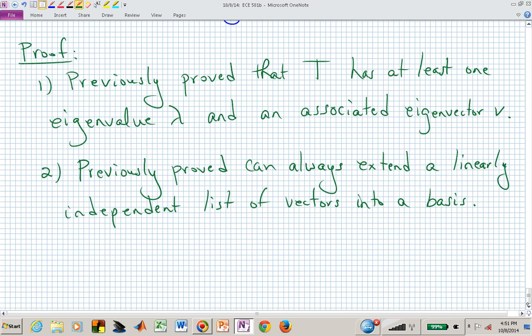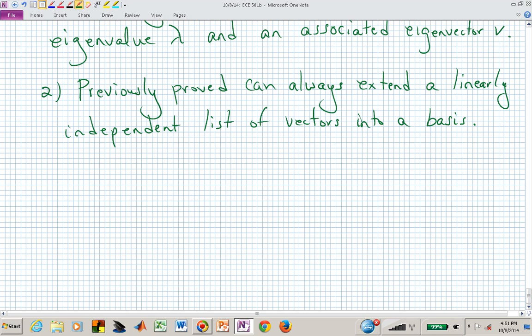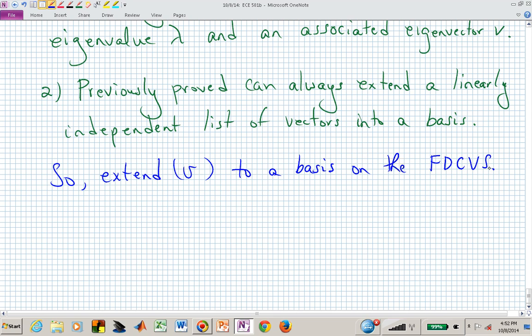So what we want to do then is extend from V to fill out our number of vectors that we need to form a basis for this finite dimensional complex vector space. So let's extend V, let's say this list V, to a basis on the finite dimensional complex vector space. If we do that,